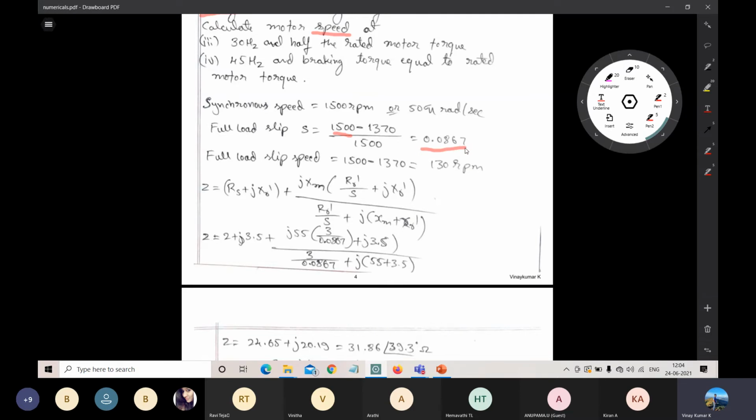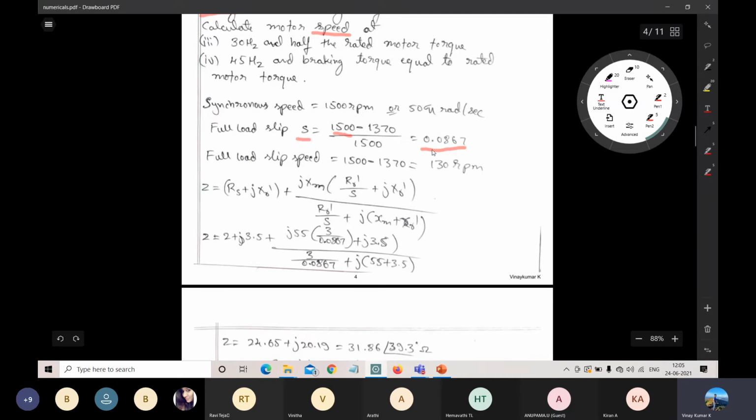One more thing I have to mention here: always remember slip should be less than 1. Suppose in the exam, under tension, you write N instead of NS, N minus NS divided by N, then you will get a value more than 1. When you get s more than 1, at that time itself you stop. If you take s greater than 1 and correct all the remaining steps, you will carry 0 marks. So in the first step itself you should remember always that the slip should be less than 1.